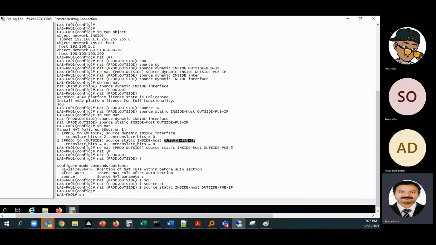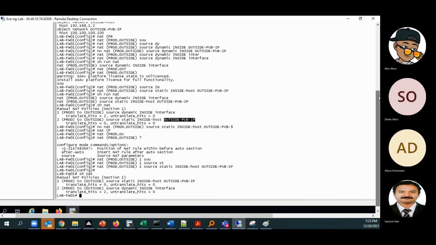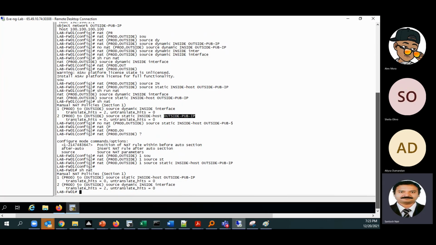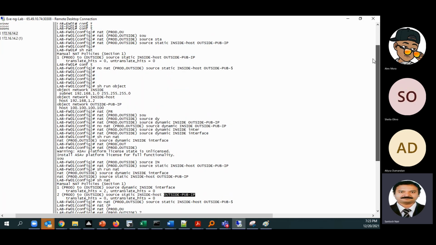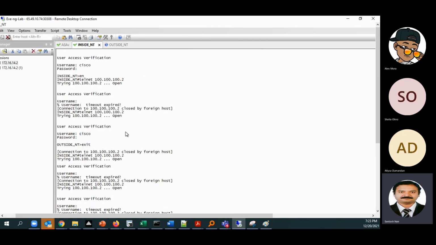So if we do a show NAT now, see. First of all, let's check the access list. The access list is not required here because it is from inside to outside, from trusted to untrusted.